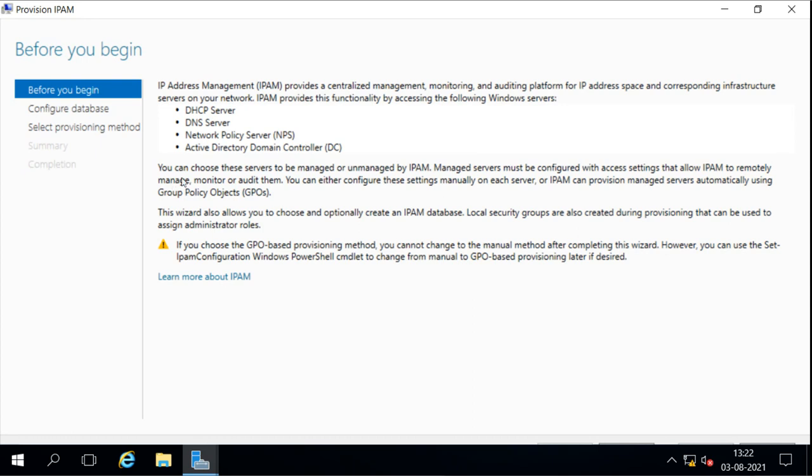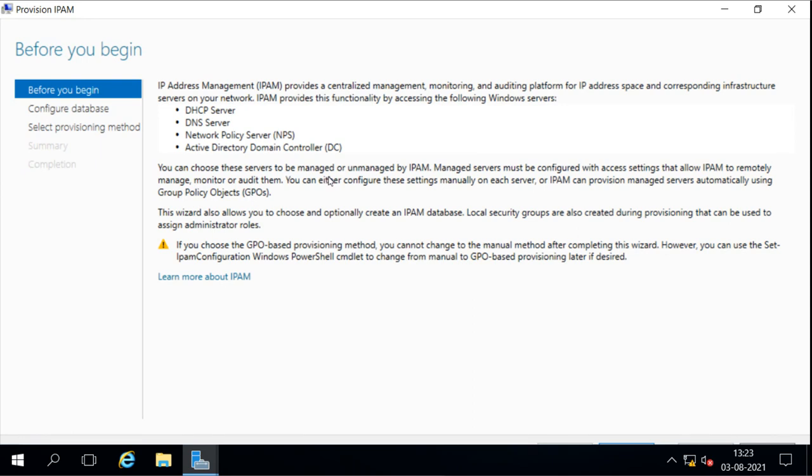Then it says you can choose these servers to be managed or unmanaged by IPAM, and managed servers must be configured with access settings that allow IPAM to remotely manage, monitor and audit them. You can either configure these settings manually on each server, or IPAM can provision managed servers automatically using the group policy object.